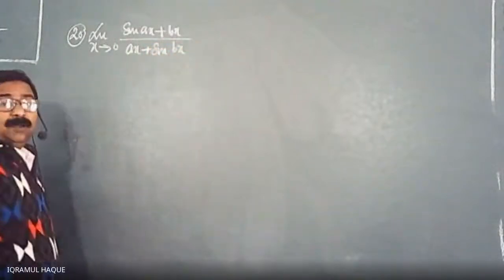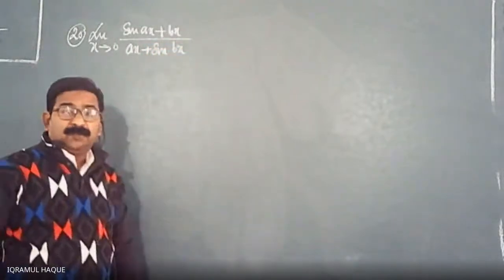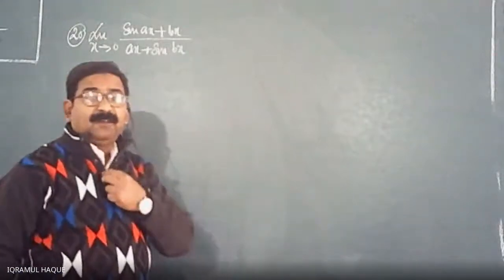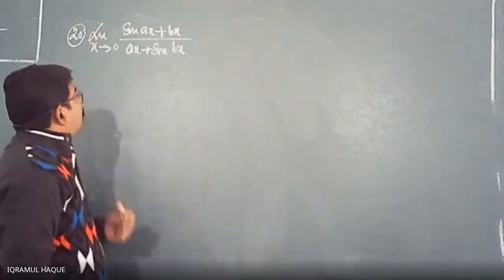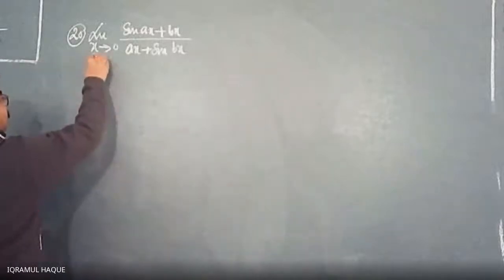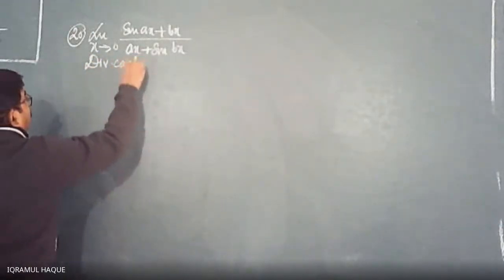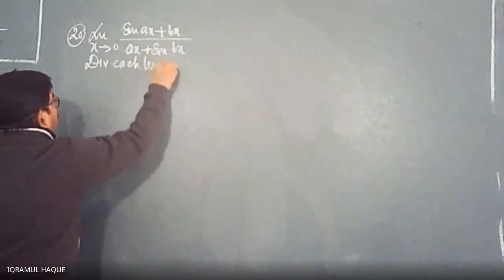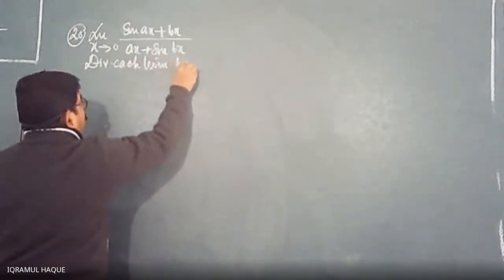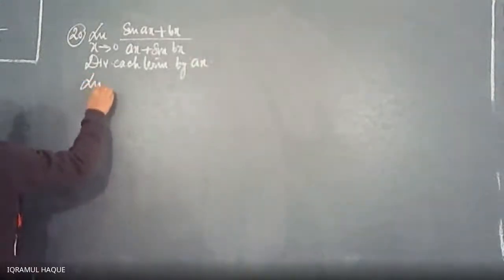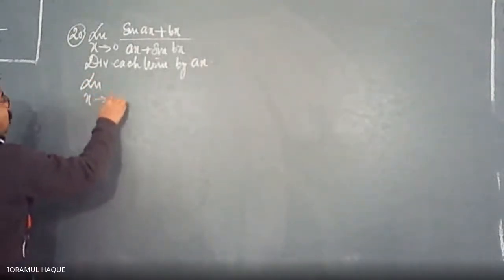This is a tricky problem. First of all, what to do? We have to divide all the terms by ax. Dividing each term by ax, I am writing limit x tends to 0,